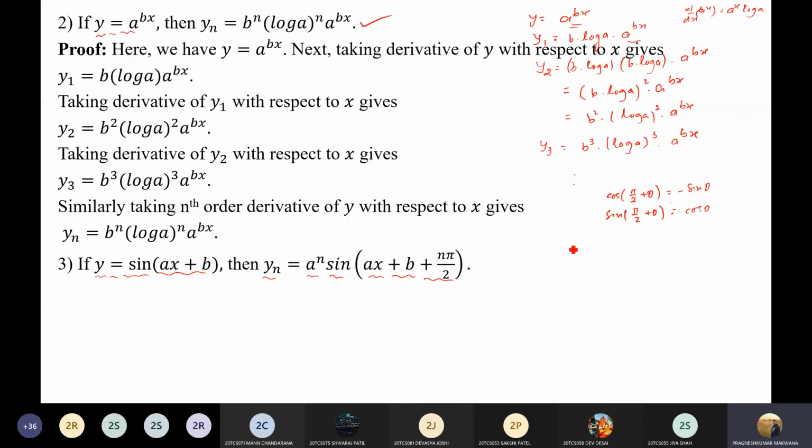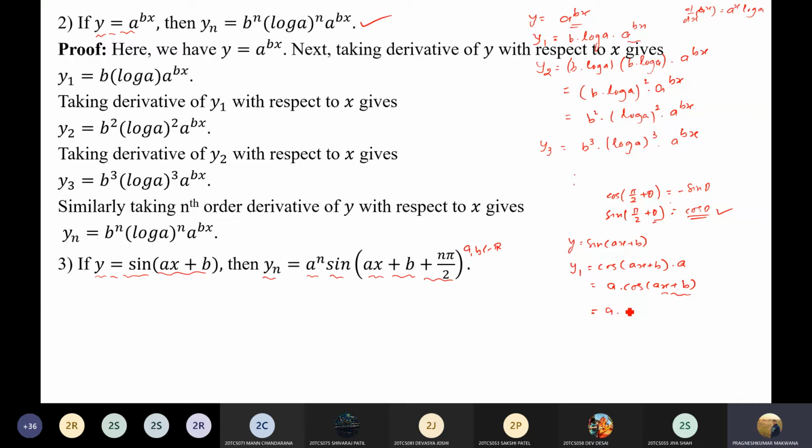So it is given that y is equal to sine(ax plus b). Now we want to find the first derivative y1, where a, b belong to R. So the derivative of sine is cos(ax plus b) into a, so a cos(ax plus b). But by using this result, cos theta you can write in the form of sine(pi/2 plus theta). So that is our angle ax plus b.